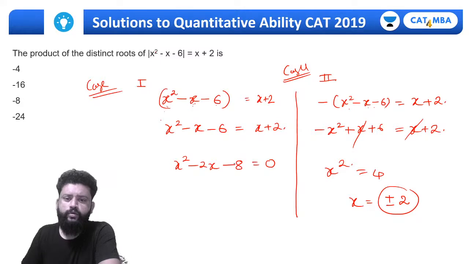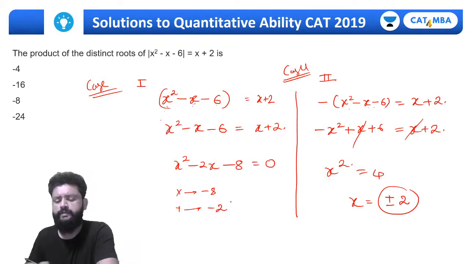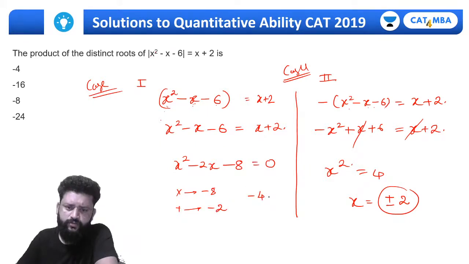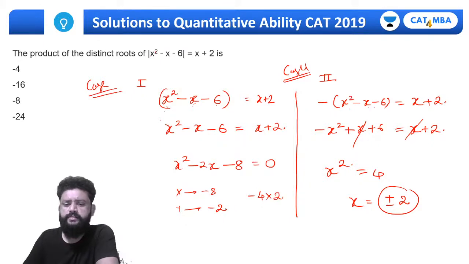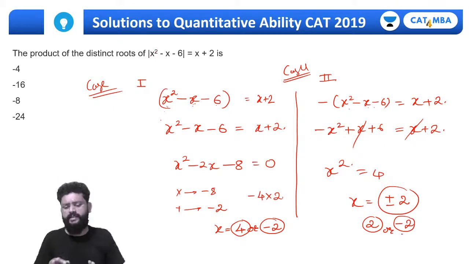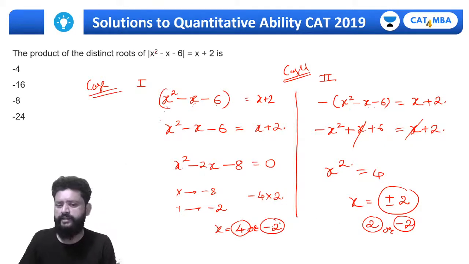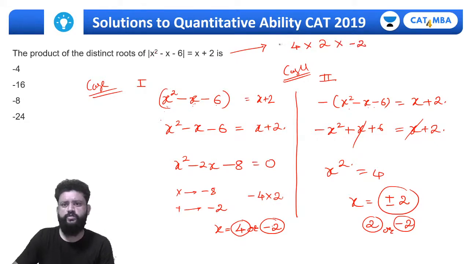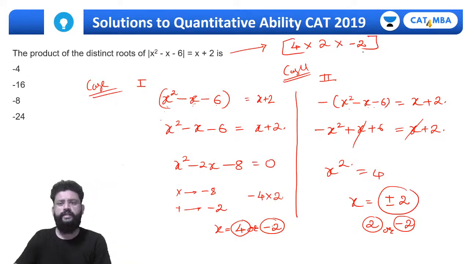राइट। यहाँ पे ट्राई करो, multiplication must be -8 and addition must be -2. So tell me the numbers जिनका addition -2 है। It is -4 into 2 is -8 and this will be -2. तो x के वैल्यूज क्या होंगे, 4 और -2, तो यहाँ पे 4 भी चलेगा -2 भी चलेगा, और यहाँ पे हमें +2 चल रहा है और -2 चल रहा है। तो हमें रूट्स बेसिकली 4 मिल रहे हैं, but the thing is ये तो कॉमन हो गया ना -2। तो actually इस question के रूट्स में क्या क्या आ रहा है, 4 into 2 into -2, that's what we are supposed to, 4 into 4, that is -6।